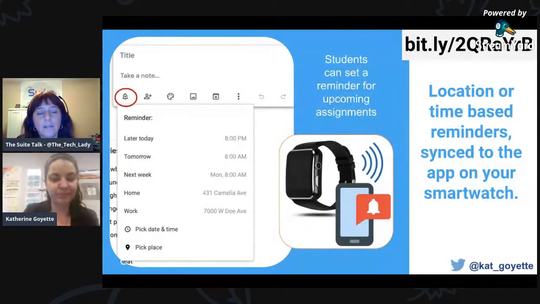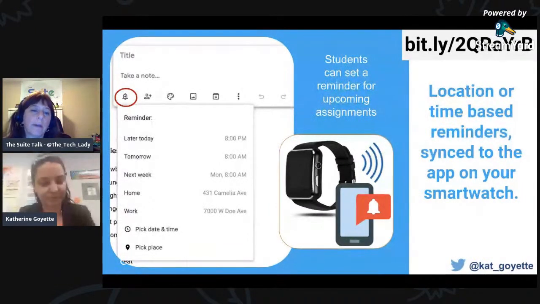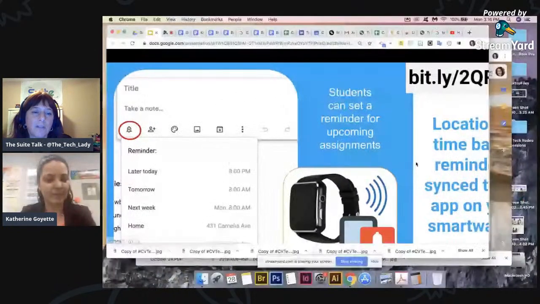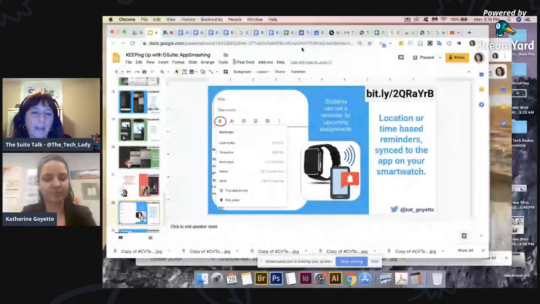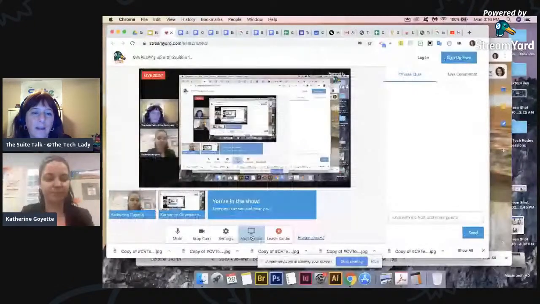Wow. Okay. That's cool. I never used the reminder that way at all, because I'm always setting up the reminders in my calendar. Sure. So I'm not using that feature of Google Keep, but that's a good feature to bring up because a lot of people are wearing smartwatches nowadays and they can get the notification right on their watch, and then there's really no excuse. Exactly. No excuse to not do your homework.